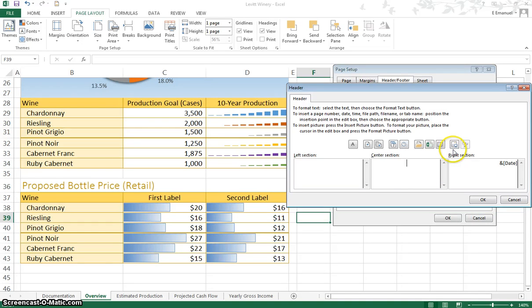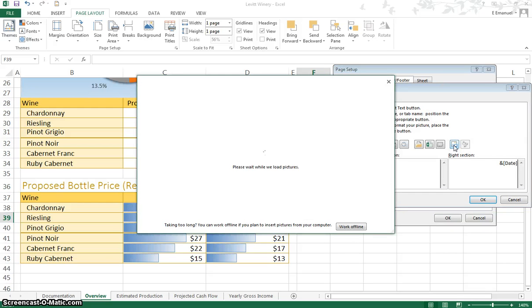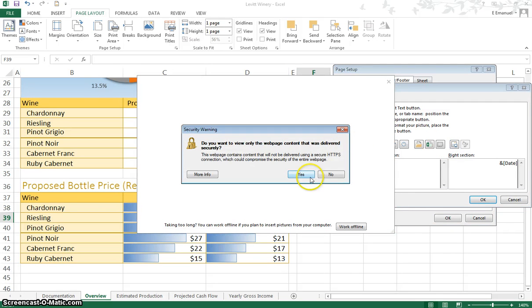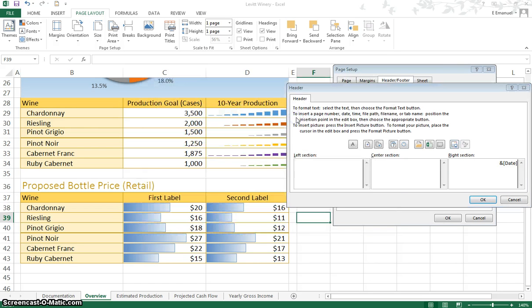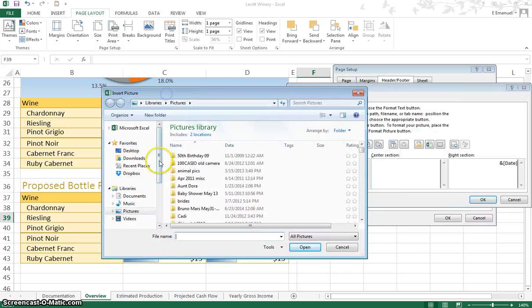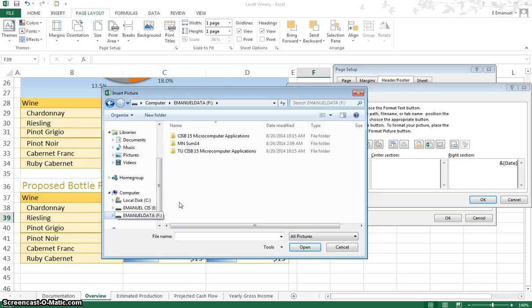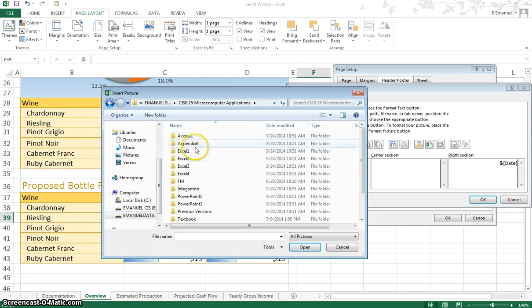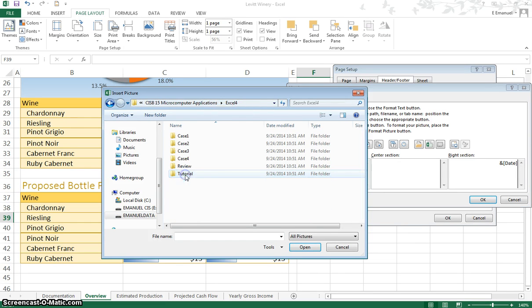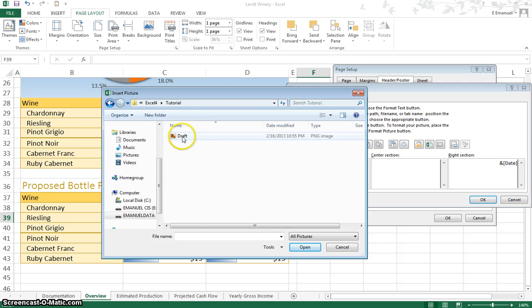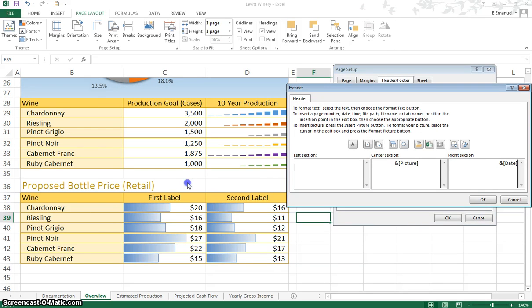Over here on the right, there's an Insert Picture button. Click that, and then we're going to navigate to your flash drive to locate the picture that we want. So you're going to click Browse, and then navigate to your flash drive. We're working on the Excel 4 tutorial. There should be a picture file in there called Draft. If you double click that,